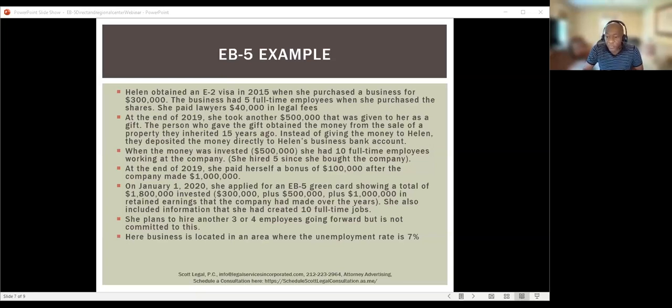So we look at this, and she's not doing well. The 300,000 doesn't count, the 500,000 doesn't count, and the million never counted, right? So the $1 million that she made in profit doesn't count. In order for that to count in a meaningful way, it would have to be paid to her. She'd pay taxes on that, have the money sitting in her personal bank account, and then reinvest whatever was left in the business, and then that could count as part of her investment. But yeah, it's a good example to illustrate a number of different points with respect to EB-5.